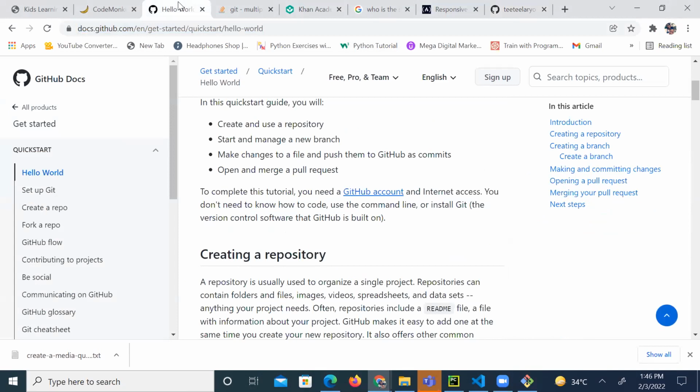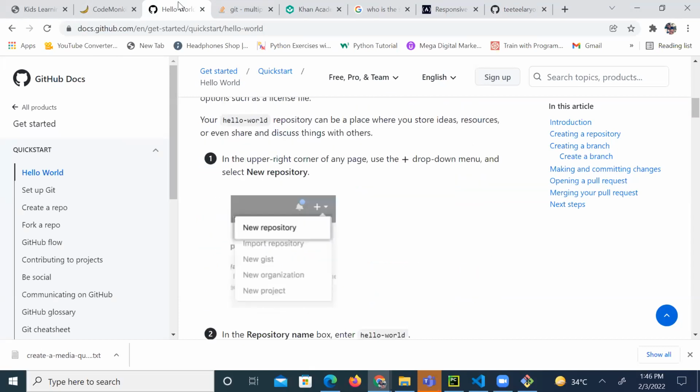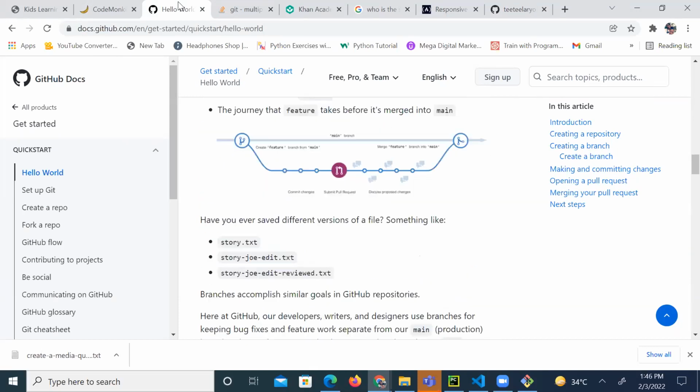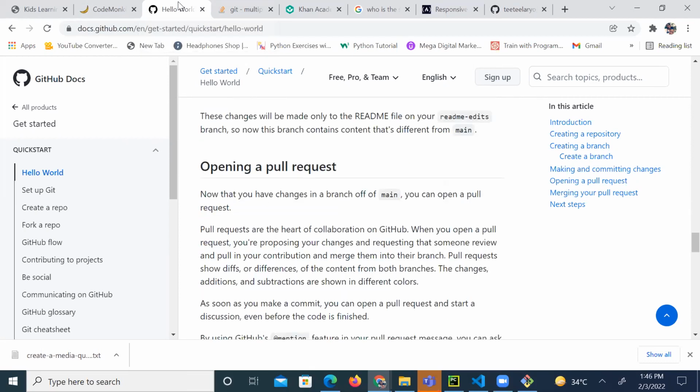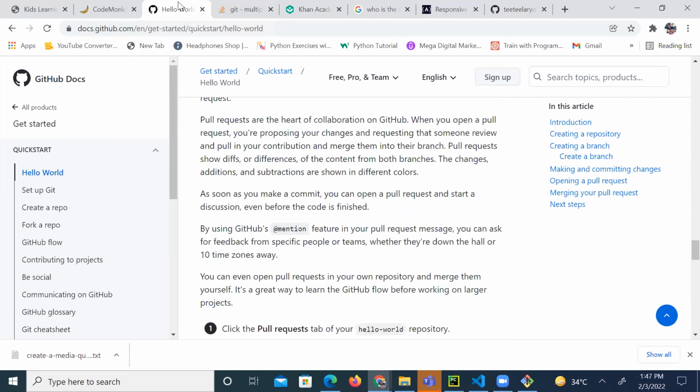So we're not starting with creating a repository, neither are we starting with creating a branch. We want to open a pull request. That's what we're trying to do. So when you want to click on pull request, you click on what? The pull request tab. And I've already shown you from your VS Code